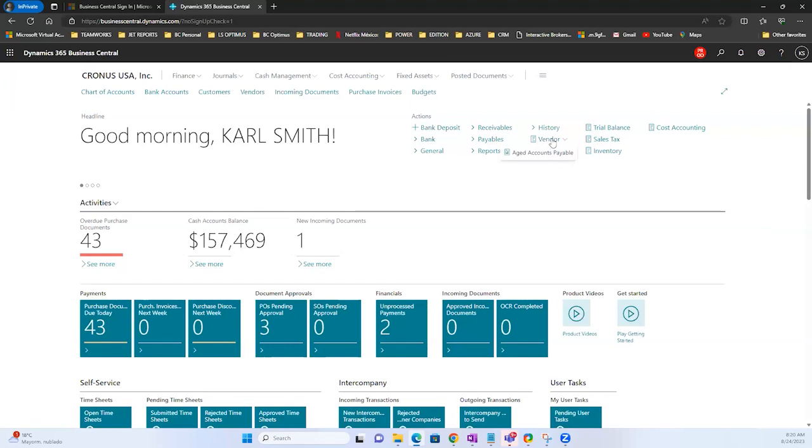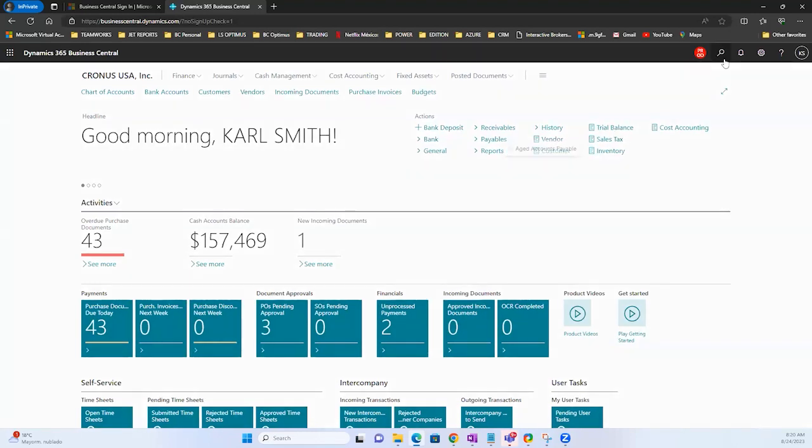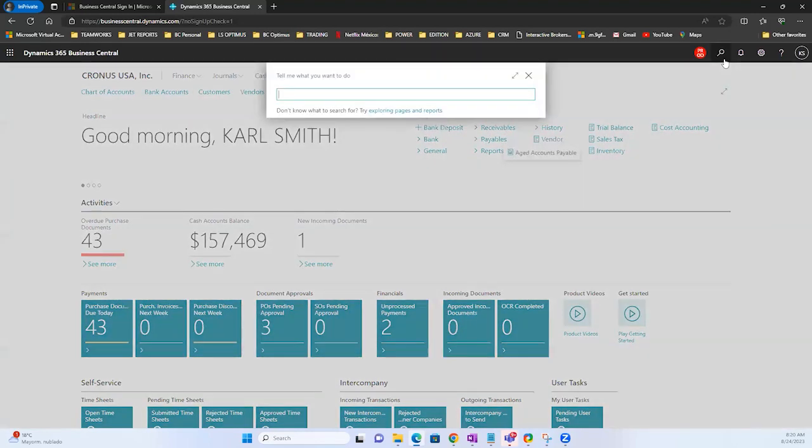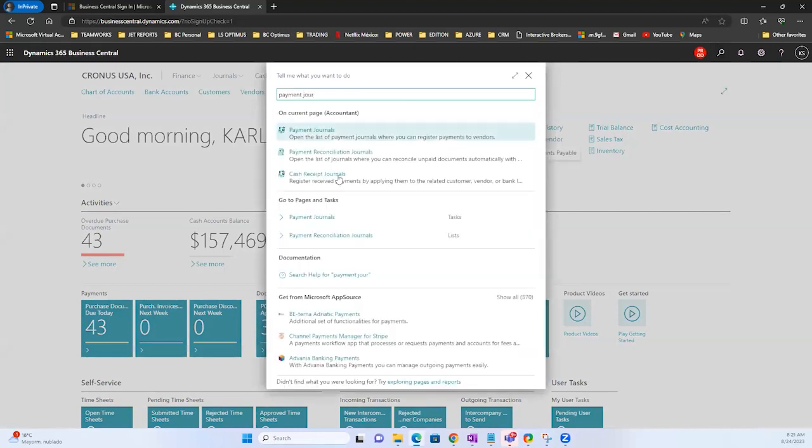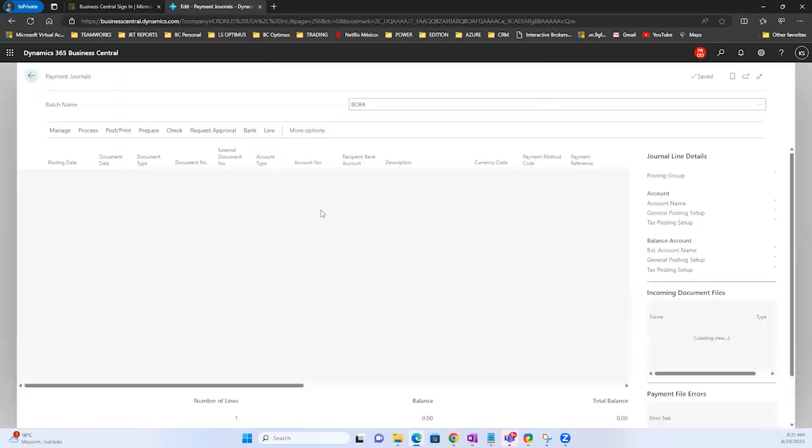Then for me, I want to do, for instance, a payment, okay? Let's just do it now. I'm going to show you now what is a payment journal. Very basic, but now let's pay attention to this. The payment journal helps me in Business Central to do payment for vendors, right? And then the idea is that,